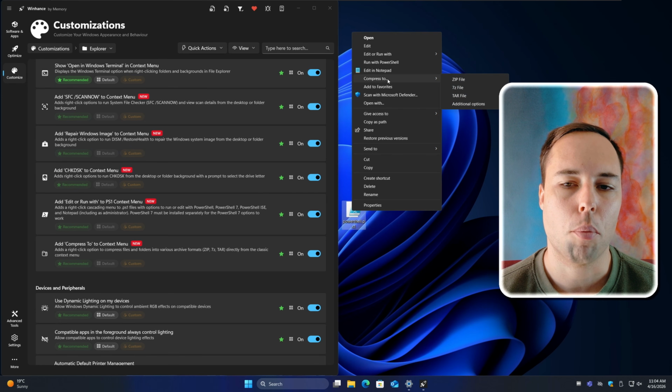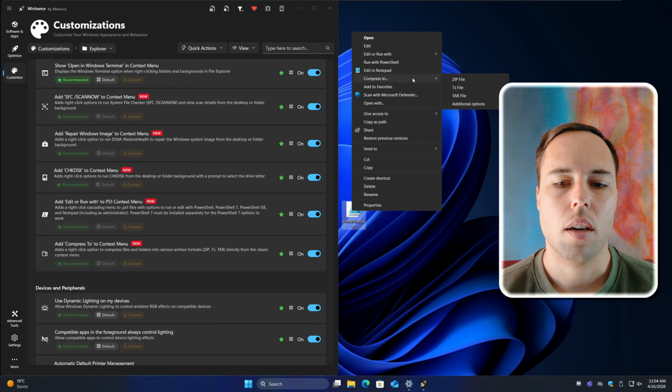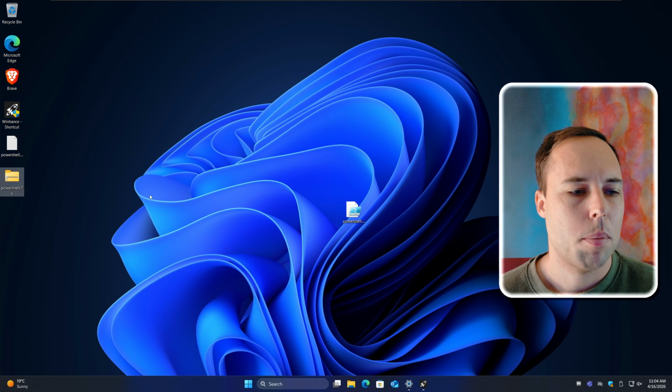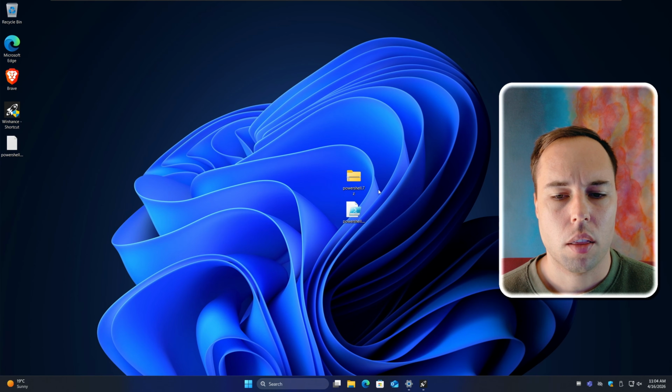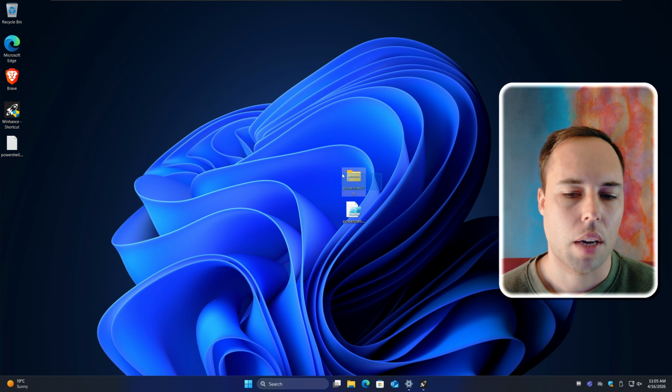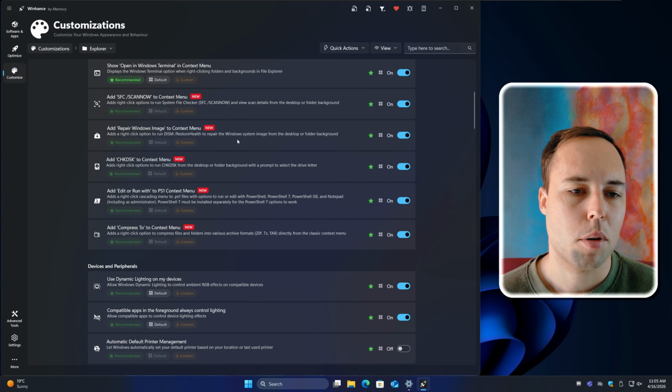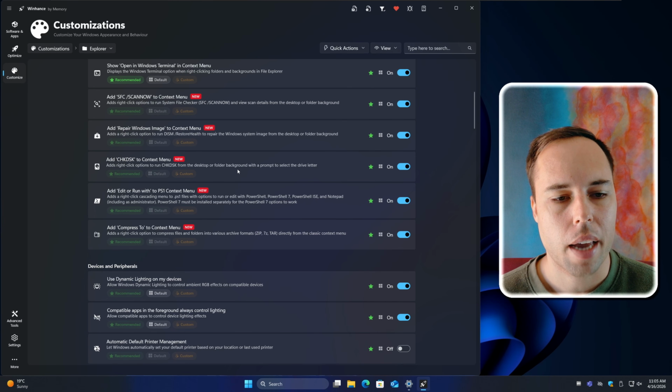Then you've also got the compress to option, and this is actually a tweak done by Theo Joe. You can select any file or folder and then compress it to any one of these options. So let's take 7Z for example, and it's then going to compress it to a 7-zip format. So if I just minimize WinHance here, you will see we've got this PowerShell 7Z file that was just created. So overall, I think having access to these types of things on the context menu is the better choice than having it inside of the app itself.